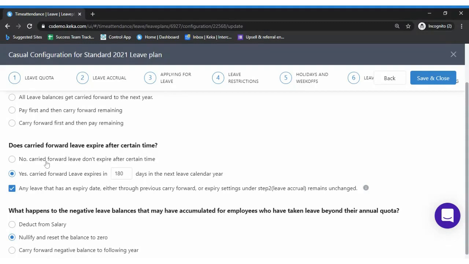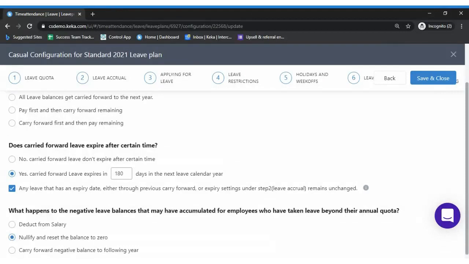You can set it as no, carry forward leave doesn't expire, or you can set it as yes, carry forward leave expires in 180 days. In most cases I've seen that carry forward leaves expire after 180 days, which would be end of June. So within half of the calendar year, they need to empty the carry forward leave balance from the kitty.